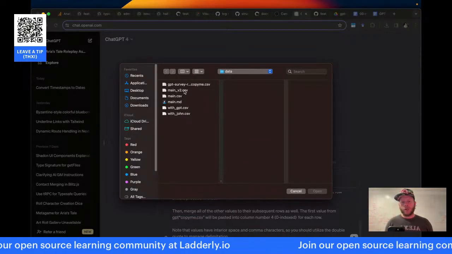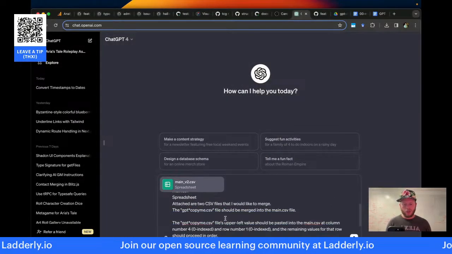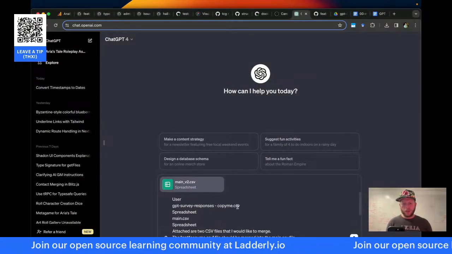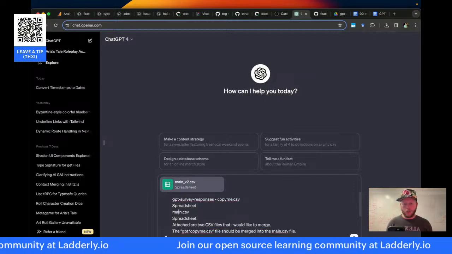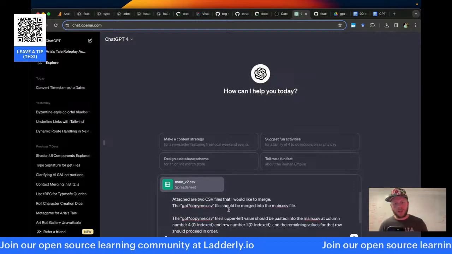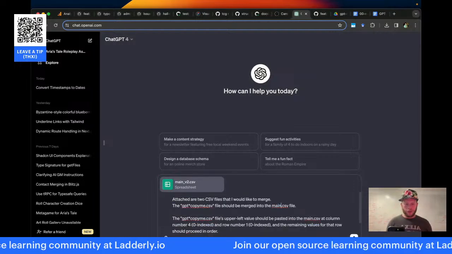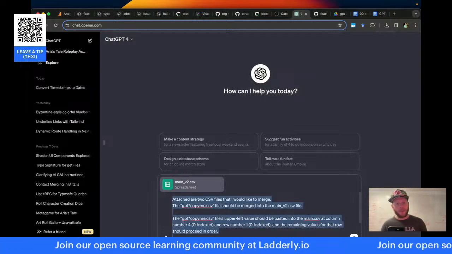First of all, we're doing main v2. Attached are two CSV files that I would like to merge into the main v2.csv file.